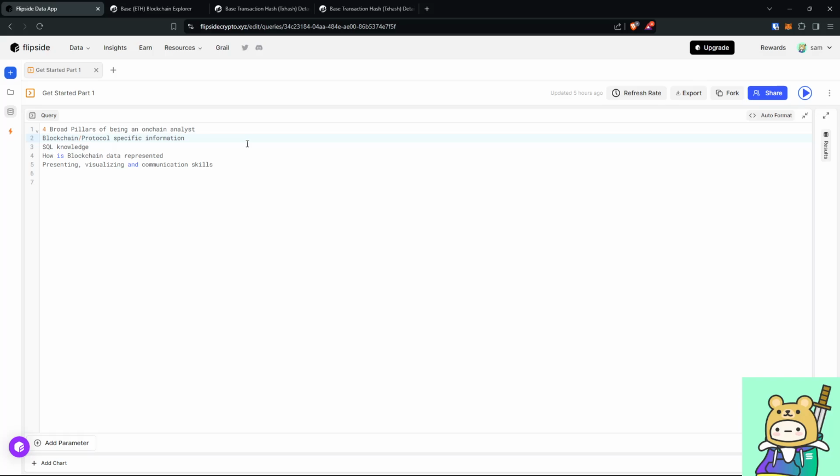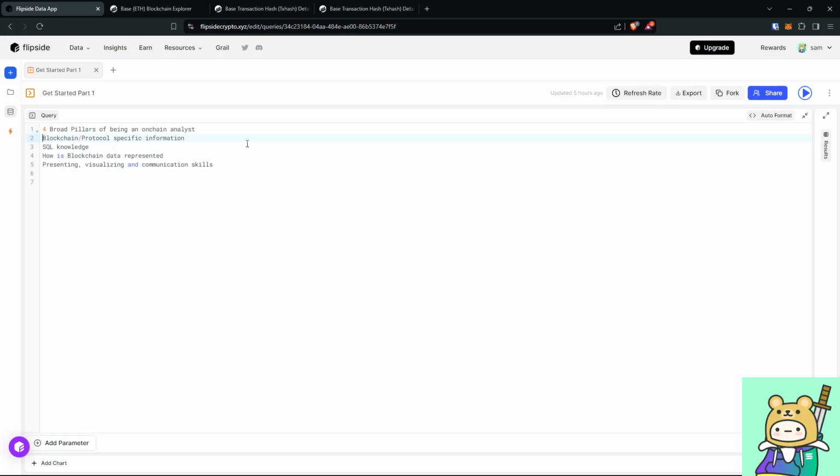And protocol specific information, on the other hand, are things like, for example, if you want to analyze a DEX, a decentralized exchange, you need to know what you can do on a DEX in the first place. For example, on a DEX you can provide liquidity, you can swap, and then maybe there are other types of DEX where you can do limit orders.